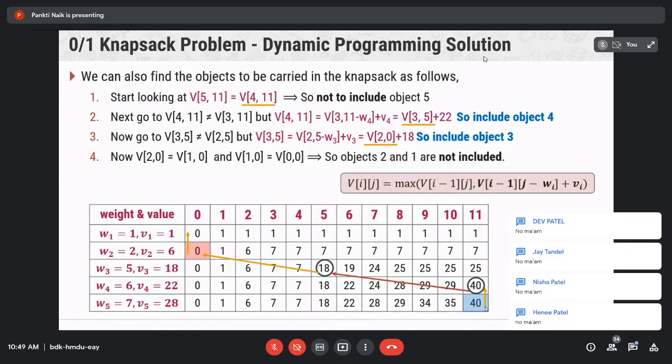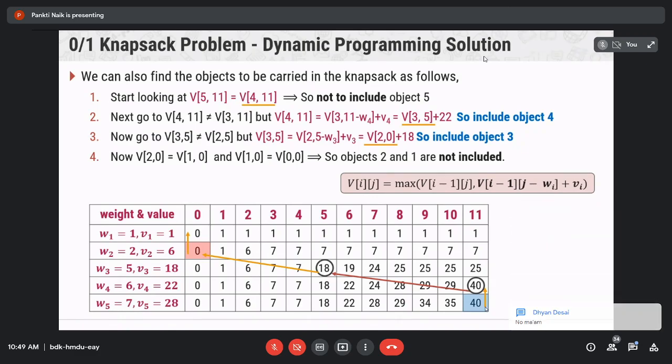I will share this PPT on the classroom after completion of this chapter. And after completion of this chapter, I will put an assignment for this chapter on the classroom. You can solve all the examples in the assignment using the reference of this PPT. And if you still find any doubt in solving any of the problems, you can ask me anytime.